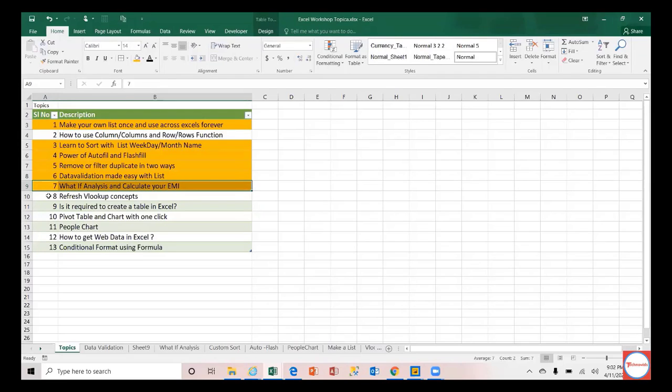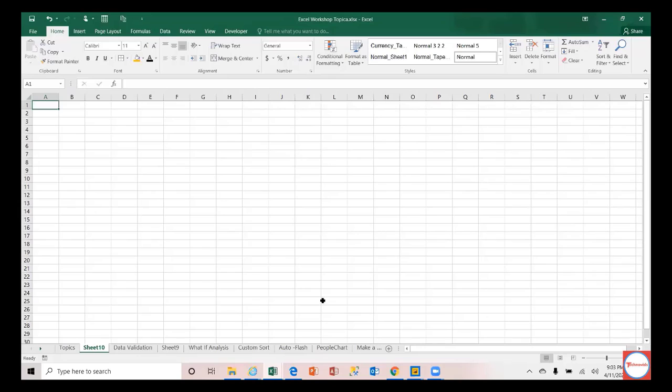All right, so let us cover this lookup and a little bit about the column, which is the second topic. I have not talked about column because I thought I will cover it along with this lookup topic. Those two are interrelated topics, so that's why I thought I will cover them together. So let me just add a new sheet.